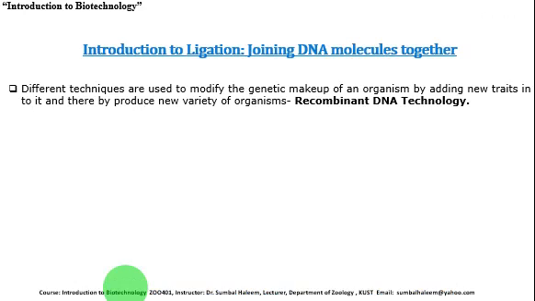Dear students, as you know, in modern biotechnology, different techniques are used to modify organisms genetically by adding new traits so that new variety can be produced. That insertion can be accomplished by inserting new genes, known as desired gene or gene of interest, in another carrying organism, known as vector. Thus the combination of the two different DNA leads to the formation of another molecule known as recombinant DNA molecule, and this technology is known as recombinant DNA technology, that is basically genetic engineering.